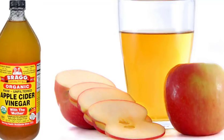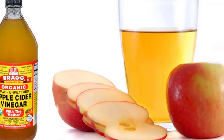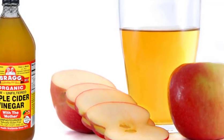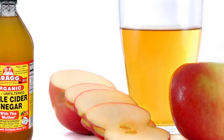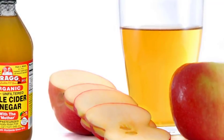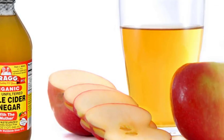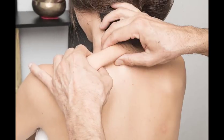Apple cider vinegar is actually quite popular since it can be used to get rid of acid reflux. Whether it is going to be used as a remedy for skin problems or for digestion, you can be sure that there are different things that it can do. The fact that it is readily available is a big plus too. Apple cider vinegar benefits. Let us now focus on how apple cider vinegar can help for the treatment of acid